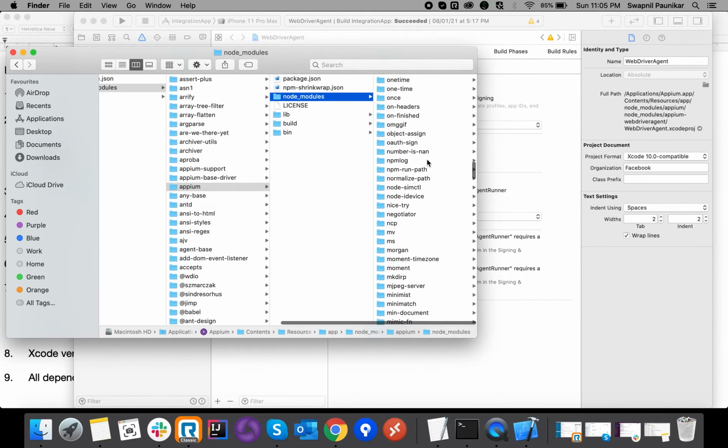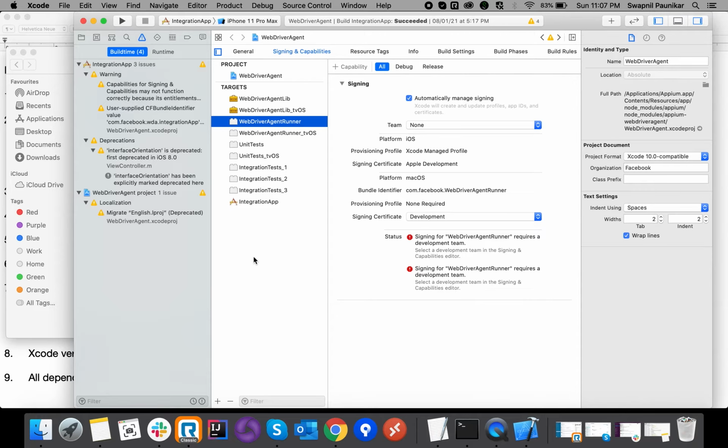If we try to run it on a simulator, we don't need to do all this signing and certificates, it should work smoothly on the simulator directly. Only when we are working with real devices is it required that we have Apple credentials, choose a team, and sign the WebDriverAgentRunner and IntegrationApp. We'll look into it.